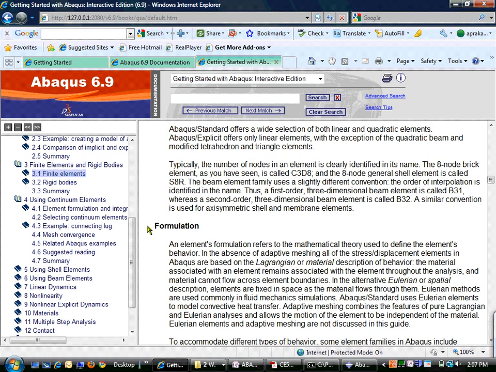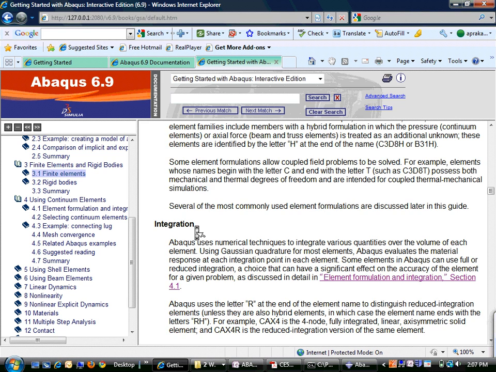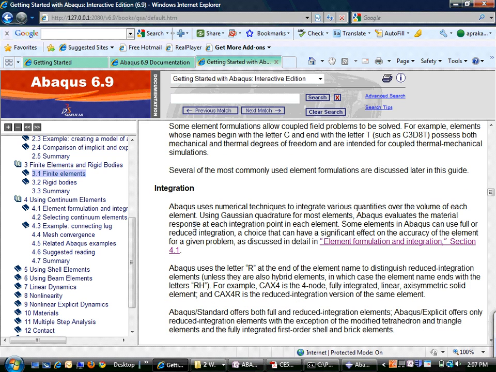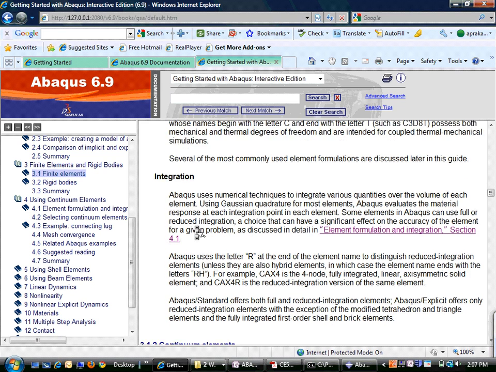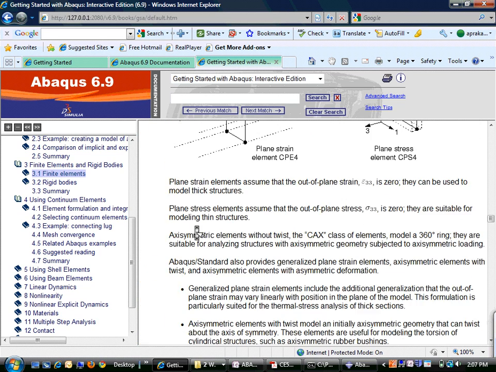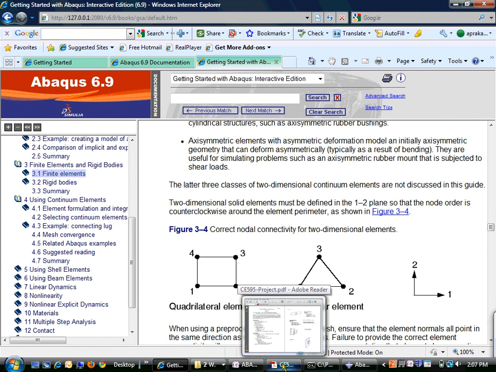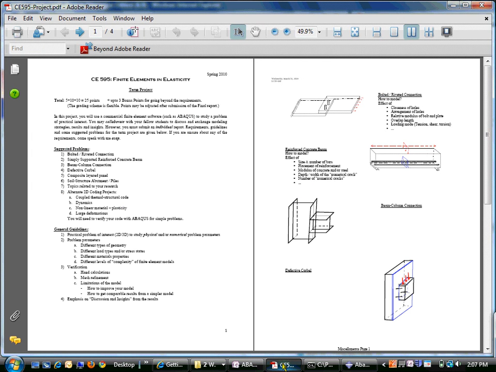Here is the formulation that it describes, and different types of integration, whether it's full integration or reduced integration. So you can take a look at these things and go through the example and try to build up a small example. Follow this example and try to build up one of the examples that I've assigned for the term project. So maybe in the little bit of time that I have for discussing this, let's just briefly go